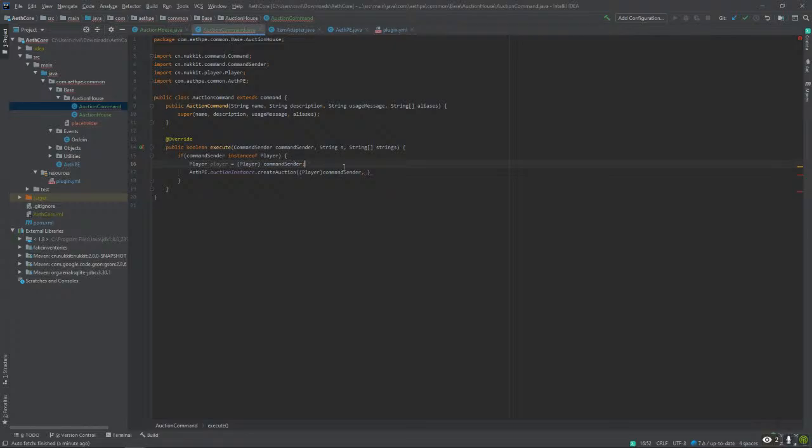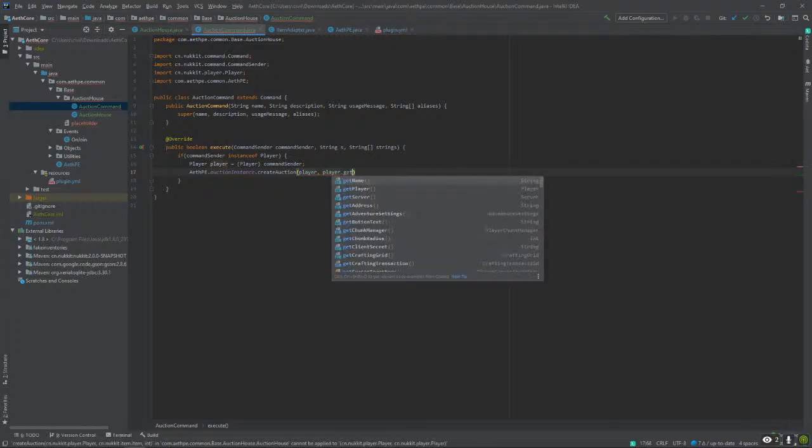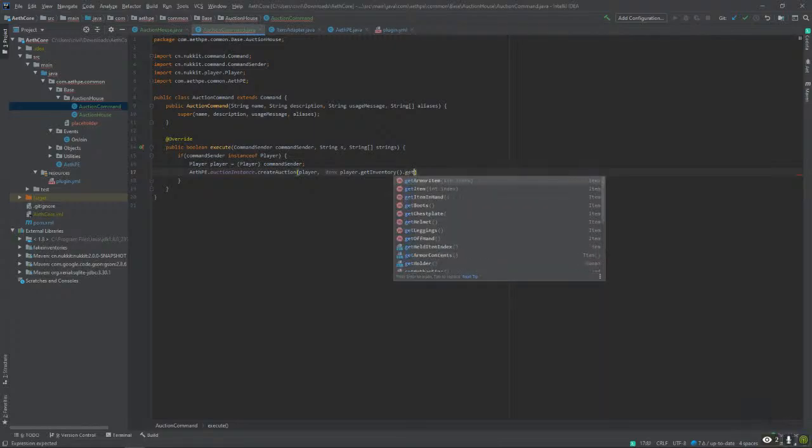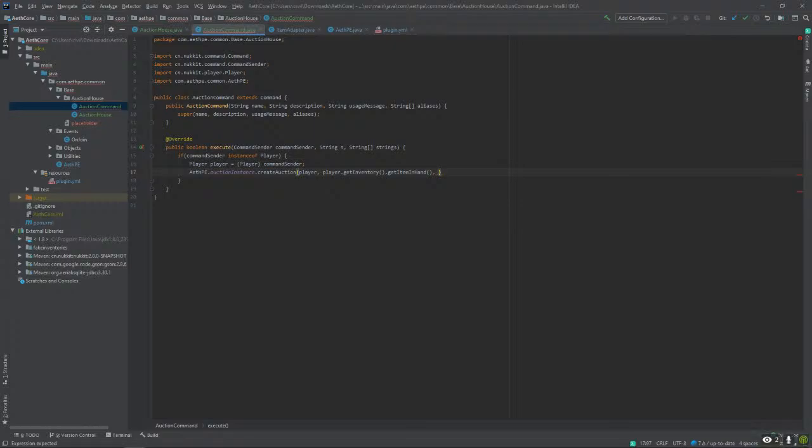There's probably a million ways that I could better do this, but oh well. Get inventory dot get item in hand, and then let's just make the price something random here.